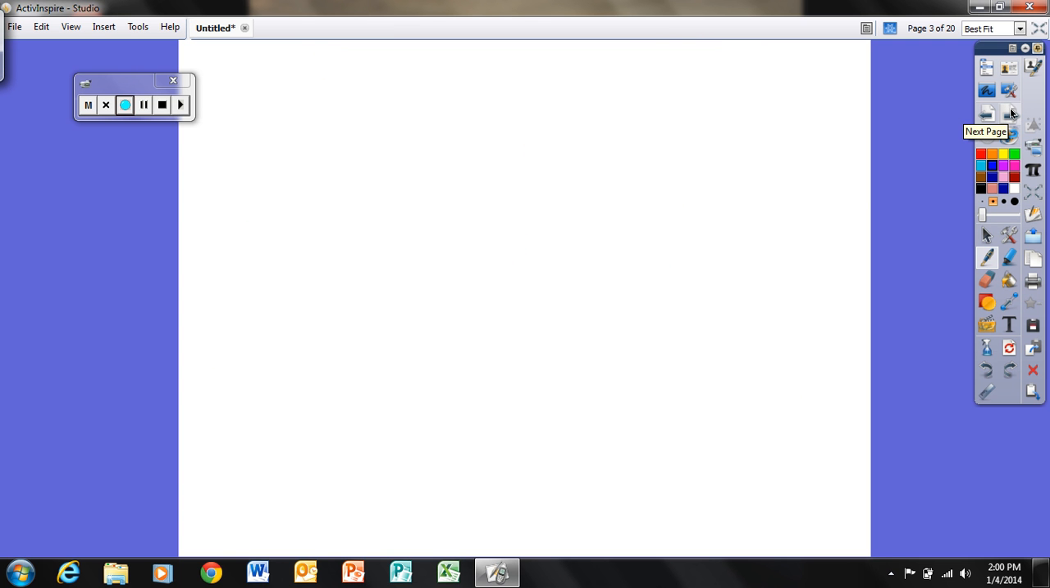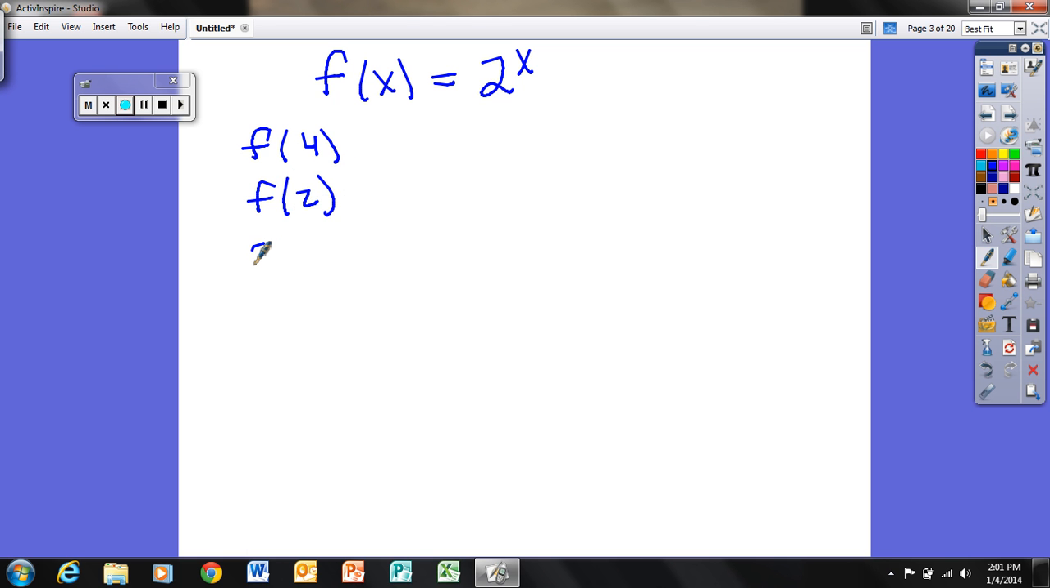Next, we're going to learn how to evaluate exponential functions. So in this case, we're going to talk about the most basic one that's used, I would say probably most. F of x equals 2 to the x. So now I want you to evaluate f of 4, f of 2, f of 0,